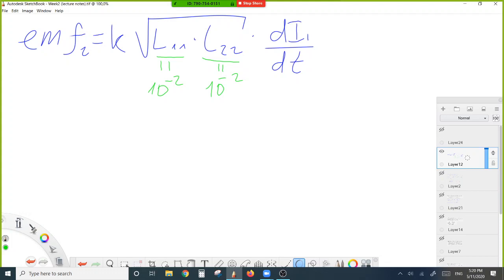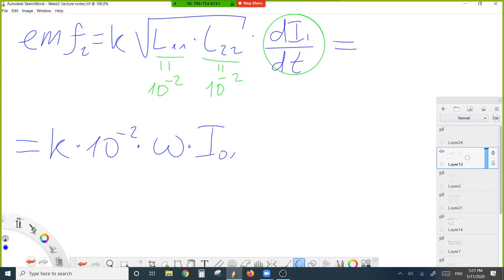And we also know the derivative di1 dt, so we can write directly. This will be equal to K multiplied by 10 to the minus 2, multiplied by the derivative of di1 dt, which is omega multiplied by I01 multiplied